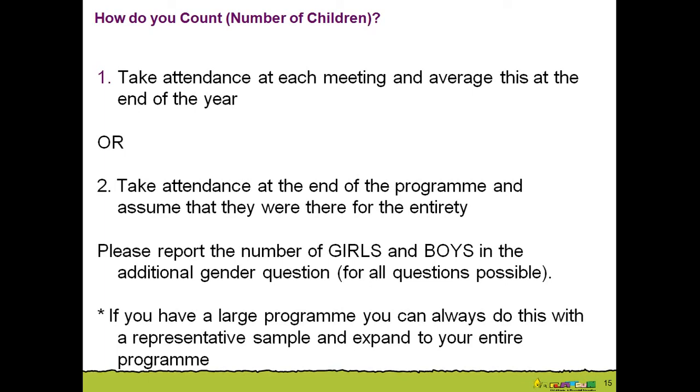Another thing is that because we're a rights-based organization, it's very important that we report the number of girls and boys separately. So please do collect gender information in your program, and on the survey, answer the question that says how many boys and how many girls. For this question,